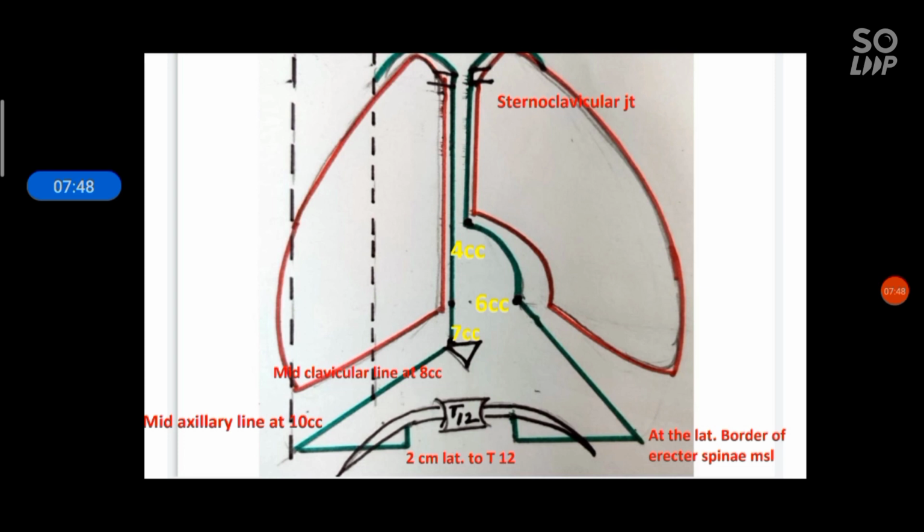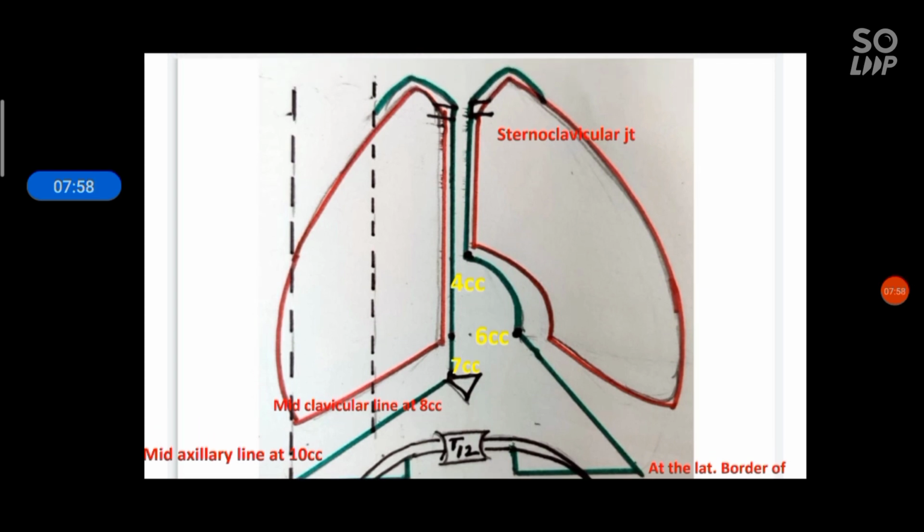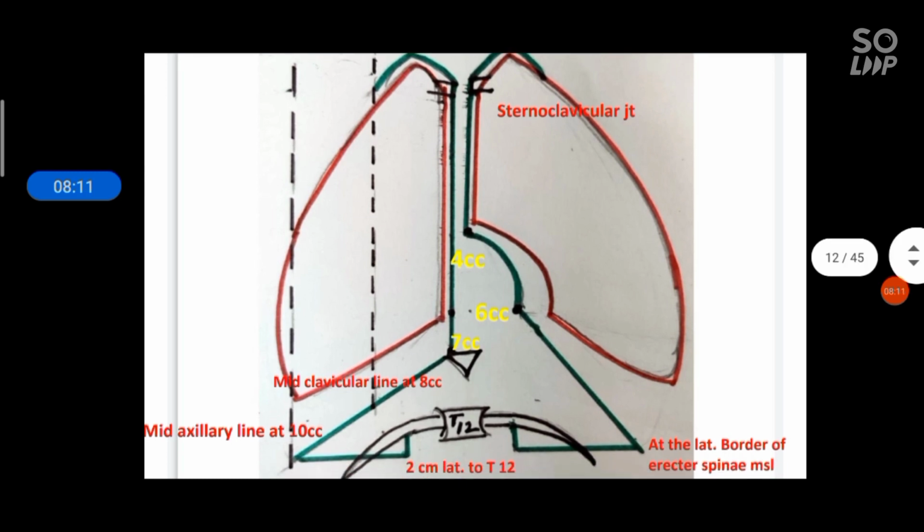It reaches up to the 10th costal cartilage. The first point is taken at the 8th costal cartilage, on the line drawn from the midpoint of the mid-clavicular line. The second point is at the 8th costal cartilage, and this is the joining of the line by the dotted line. The next point is at the 10th costal cartilage. Again, the line is drawn from the floor of the axilla, the mid-axillary line, and reaches up to the 10th costal cartilage.